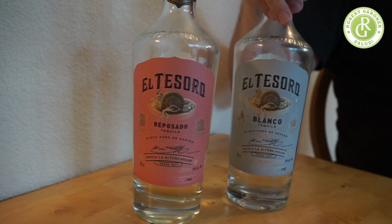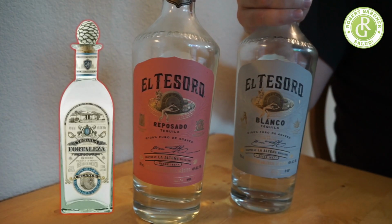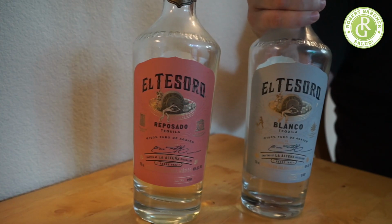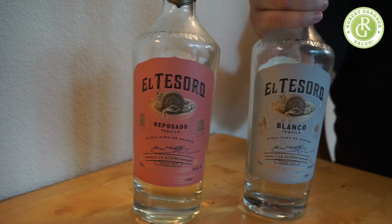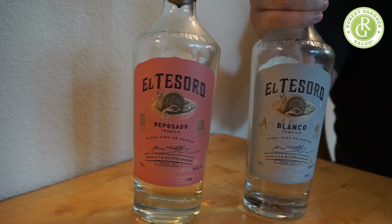Now, if you are a snob and you say, hey, maybe you just had an old bottle or didn't have what I had, I don't know. I think the Fortaleza was a little more vegetal than this. This is superbly balanced. This is going back into a battle with some tequilas I've been sampling, and I'm probably